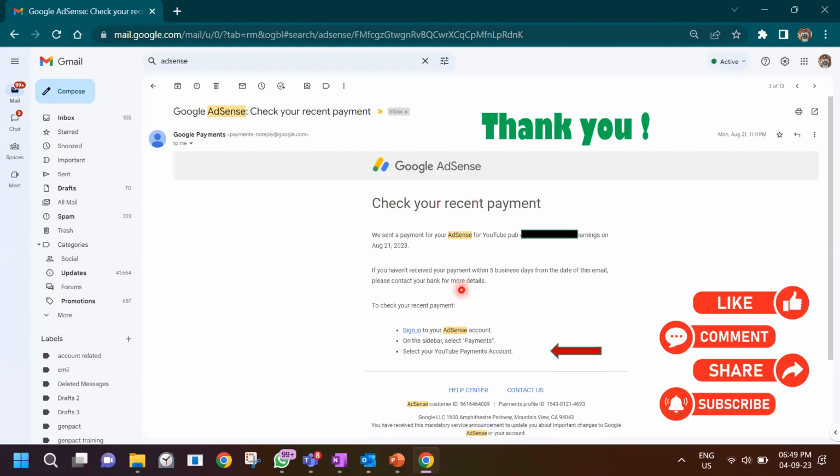And if you have not received your payment within 5 business days, check back with your bank. This is important because the first time you are receiving a foreign remittance, some banks like HDFC might reach out to you to ask for an authorization letter to release the foreign remittance. Some banks like HDFC might also ask you to open a current account if you've entered your savings account. I don't know if it's mandatory to receive it in your current account. As per the information that I've searched, as far as I know, it is okay to receive this in your savings account as well. But if you become a big YouTuber and you're receiving recurring payments here, you might as well want to open a current account,